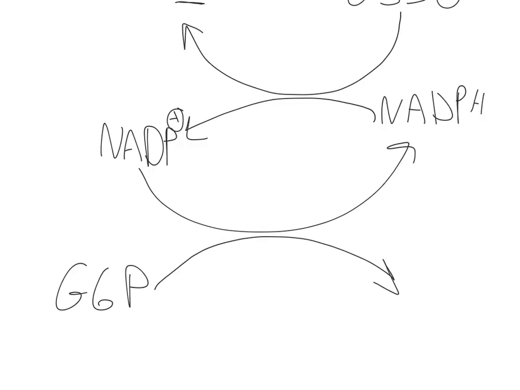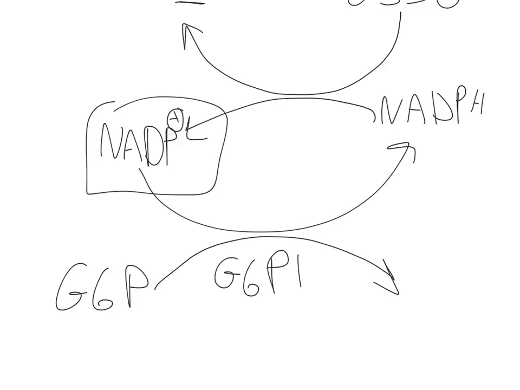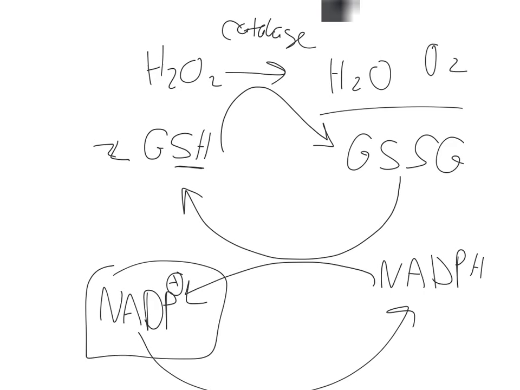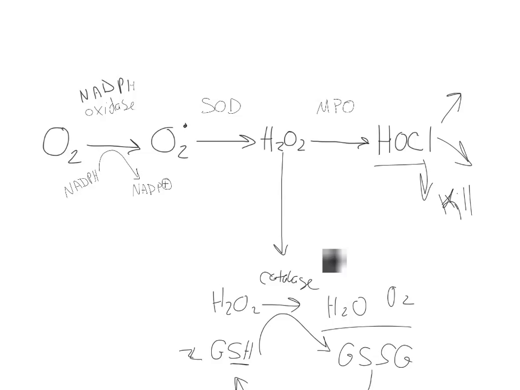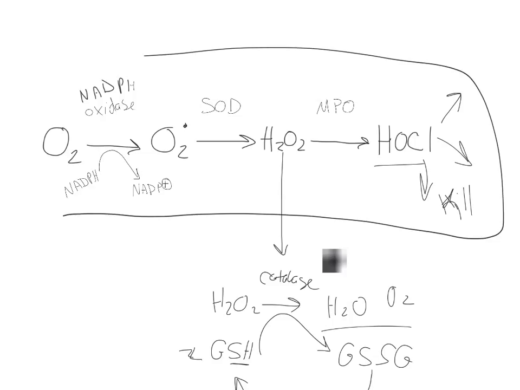It will interact with NADP, reforming NADPH by the enzyme glucose 6-phosphate dehydrogenase, G6PD, and that will form 6-phosphogluconate. So that's just a side tie-in, but the big important part, the oxidative burst, is this part right here,